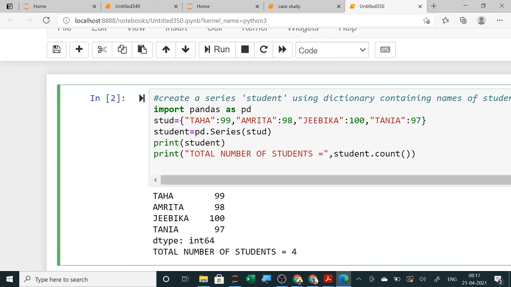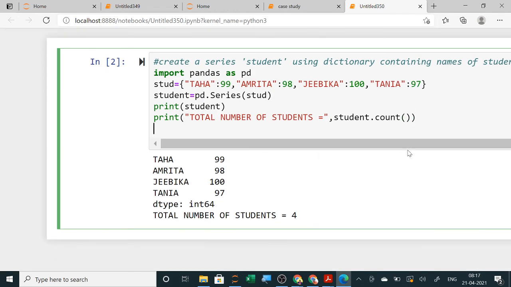Now the next question was display the first 5 students' details. Same, I will use the print command, and then write first 5 students' details are.